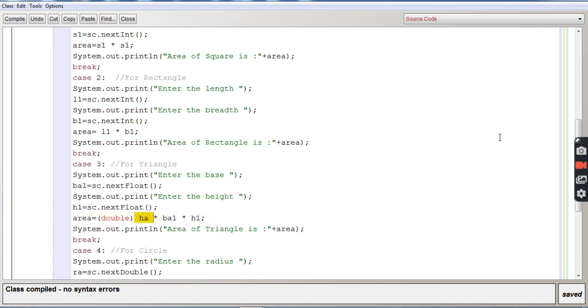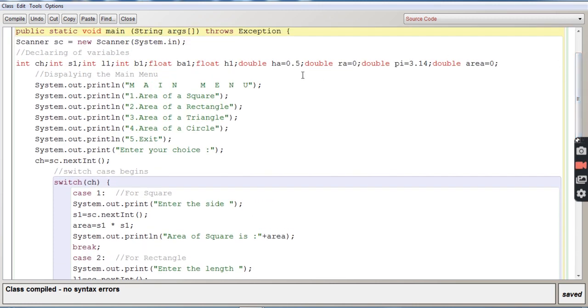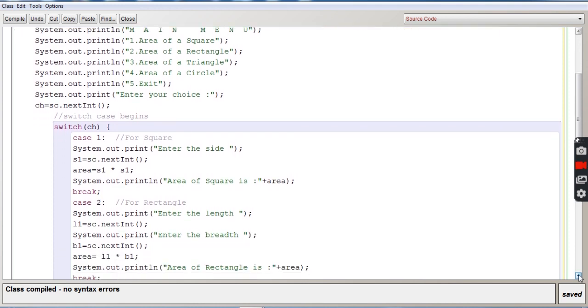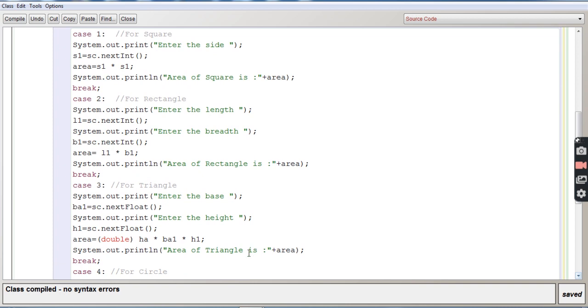So half HA, which is already taken over here. In declaring variables, I have taken HA over here. It is already declared as 0.5, half. So half is already declared. So half into base into height. So base we are given,